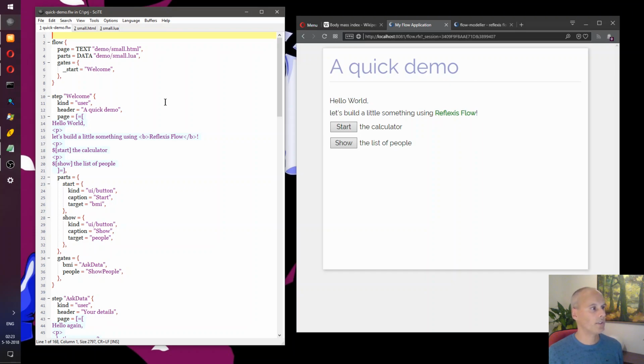Even if someone else created it years ago, you can simply go through them and see how things were assembled and wired together. So you can discuss them, you can analyze them, you can visualize them, like I've just shown you in the Flow Modeler.